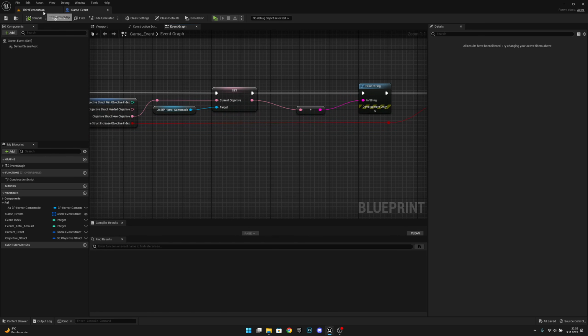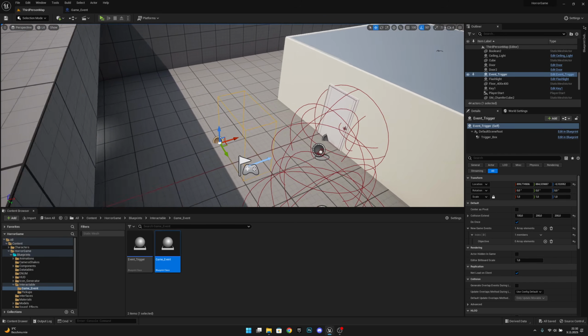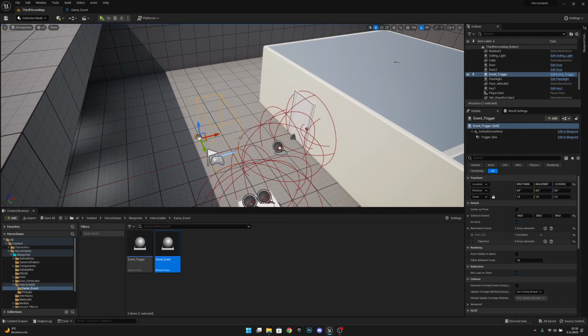Let's save all. Let's go back to our map. Now we have our event trigger here. And now we can see here under the index. Actually, if you don't have this here, like this, you will have to add element. And now you can open the index and you can add objective. Now when we open this, we have this mean objective index. We don't have to touch this. Needed objective, we don't have to touch that either. And we can set a new objective. Let's call this